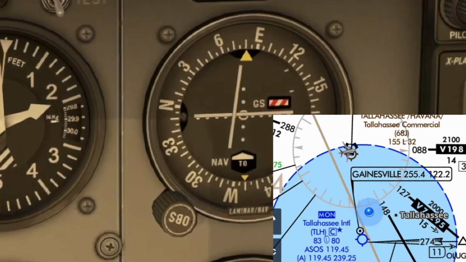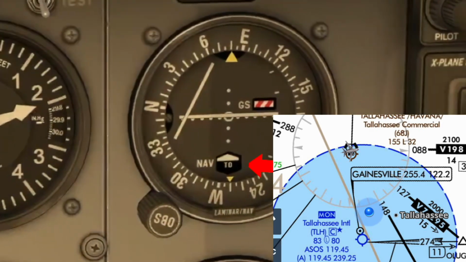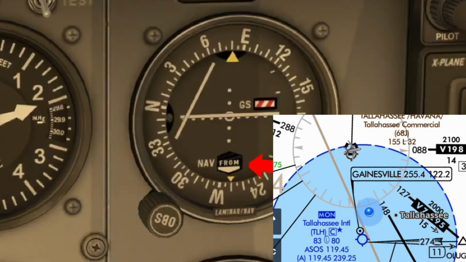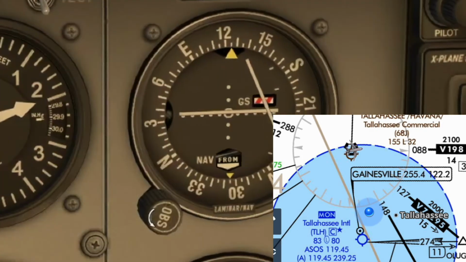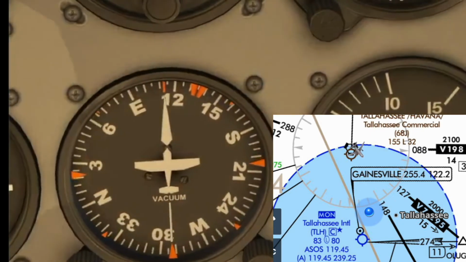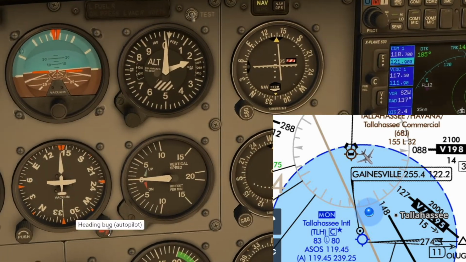You can tell when we're above the VOR when our needle goes whack, and this switches from to to from. Now we're heading away from the VOR. We'll turn our bug to 127 and we'll fly heading 127. You're always going to be making little adjustments to keep the needle centered. Now that we made it to Oscar Lima Uniform Golf Yankee, we'll turn right heading 274 and intercept the localizer